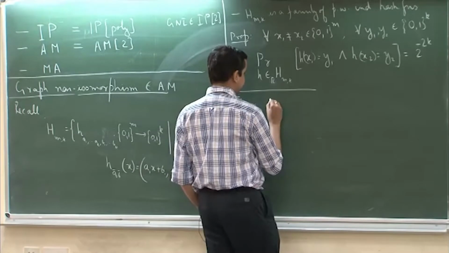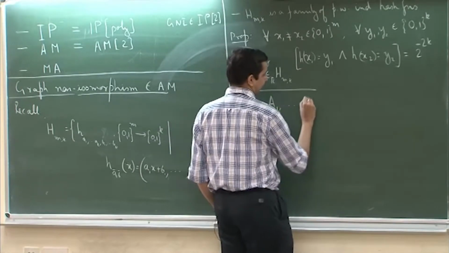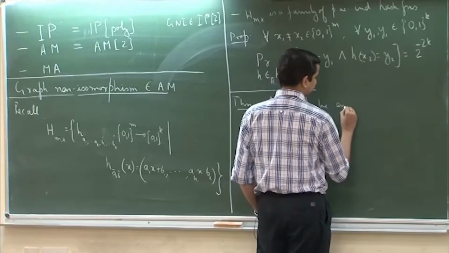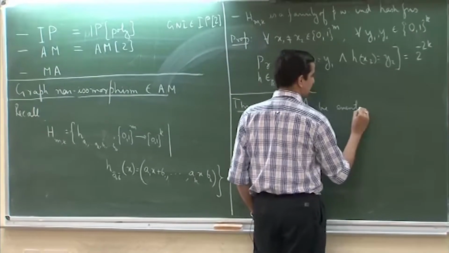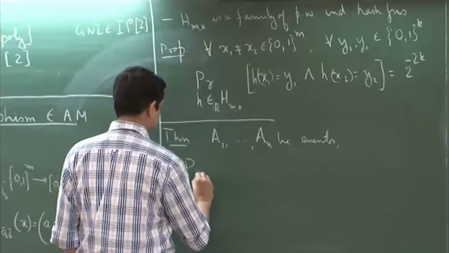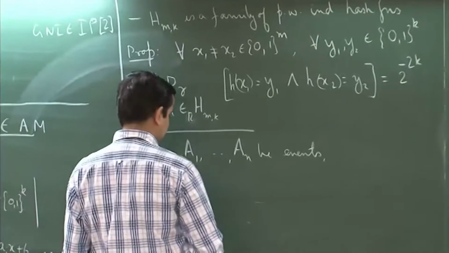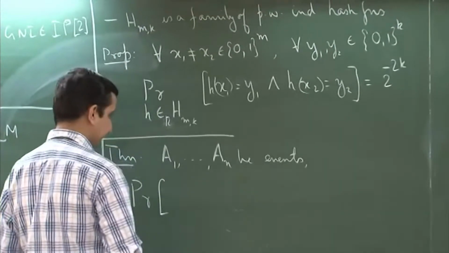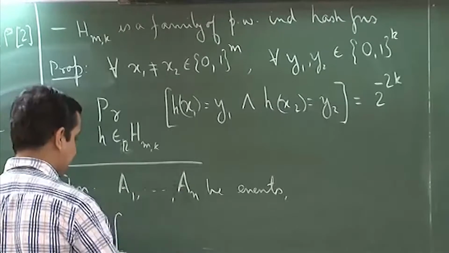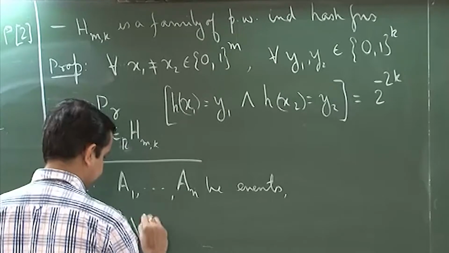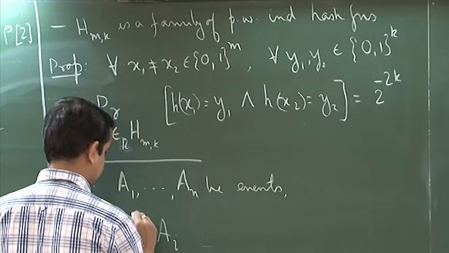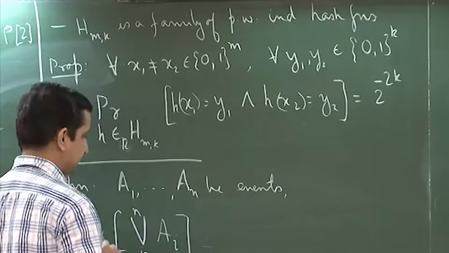If we have events A_1 through A_n, so there are some n events, then what the inclusion-exclusion principle says is that the probability that at least one of the events happens